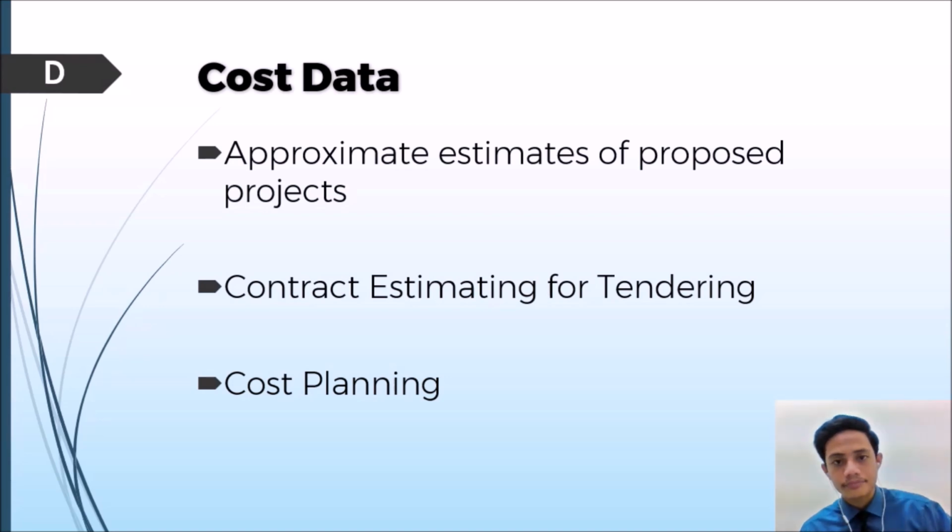Cost data can be used to approximate estimates of a proposed project, which means cost data of previous similar projects can be used as reference by the quantity surveyors regarding the prices and the cost of the buildings, such as the elements of the building. The idea is that because the building is similar to the new building, the prices and cost of the buildings will also be rather similar. Therefore, understanding the cost data will help the quantity surveyors in preparing approximate estimates before doing the real